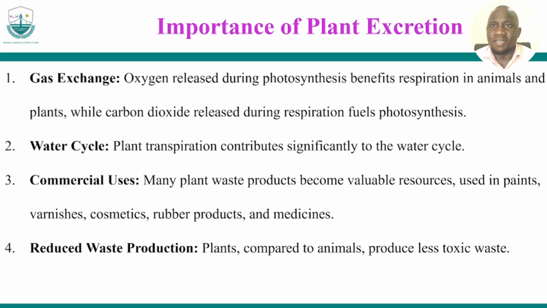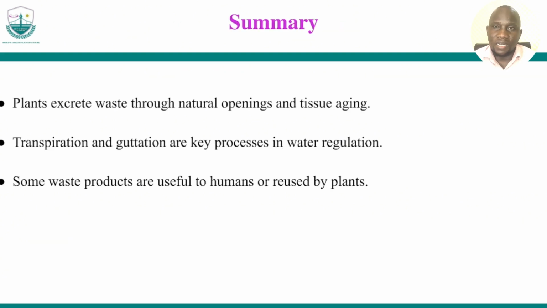That definitely means that we cannot really blame plants for producing a lot of waste. That is quite beneficial compared to what animals do, because animals can produce a lot of waste, and that is very problematic in handling. So in summary, we are basically saying that plants produce simpler waste products that